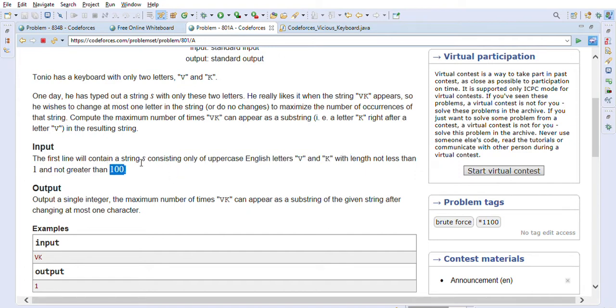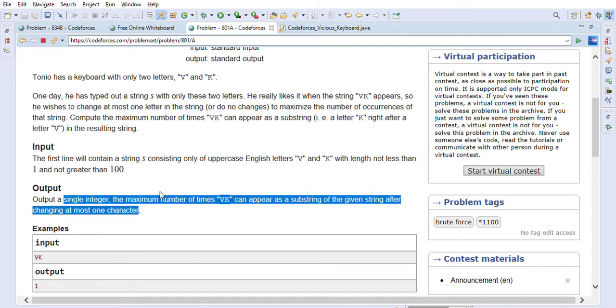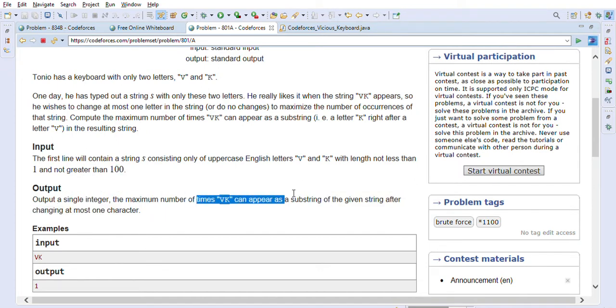The maximum length of the string is 100, and we output a single integer: the maximum number of times VK can appear as a substring of the given string after changing at most one character. So we are allowed to do one character change in the string, so that we can maximize the number of occurrences of the VK substring. So this is what the problem is.